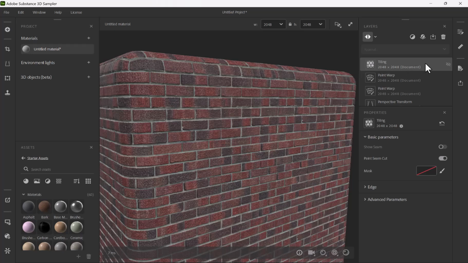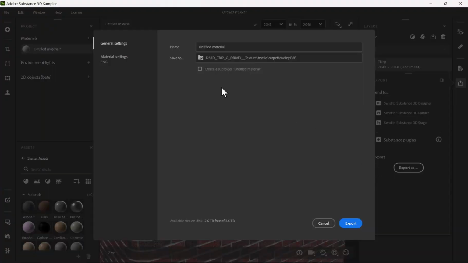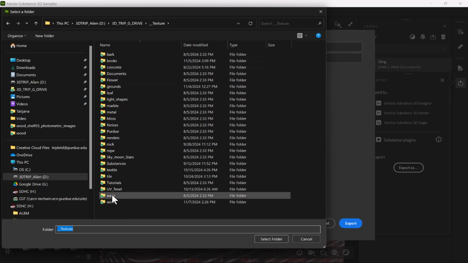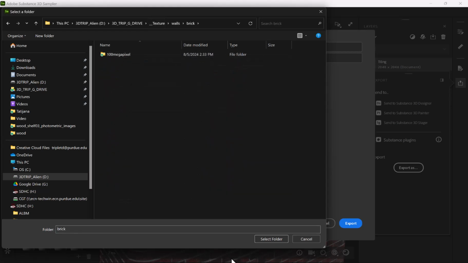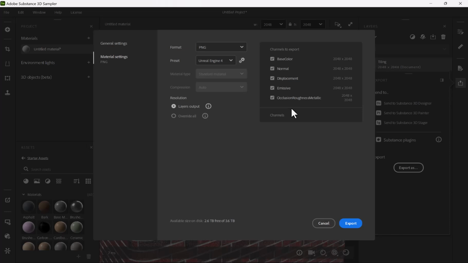Now that I've got that, let's go ahead and export it. Export as. I'm going to save it. Texture, not carpet. Not carpet, but we'll call this Brick Stewart. And we will come to the right folder. Texture. I have it in walls, brick. Here it is. Select. And then material settings. I'm going to look at the material settings. Okay,